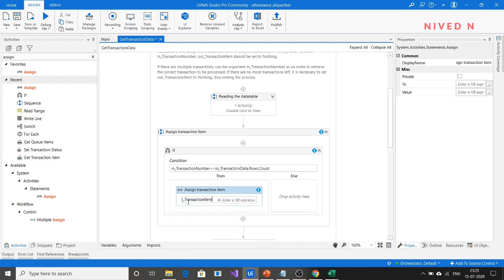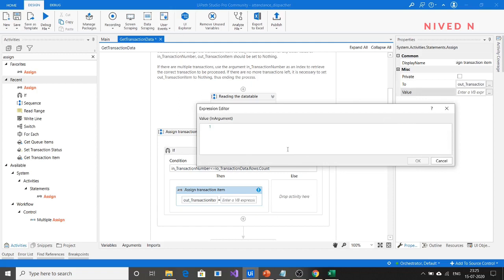Out transaction item equal to, just specify here, in out transaction data dot rows of in transaction number minus 1.